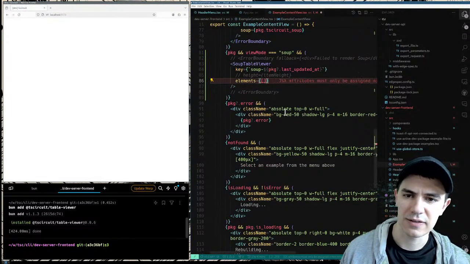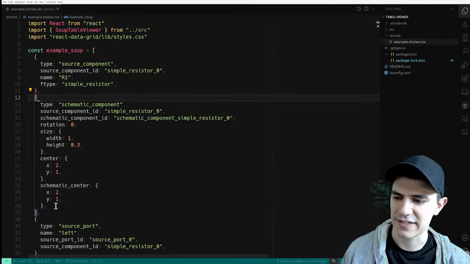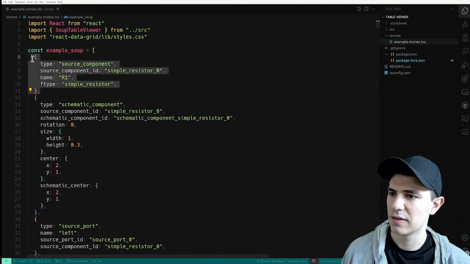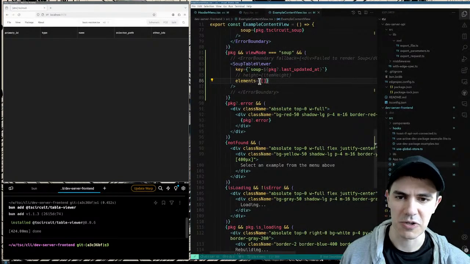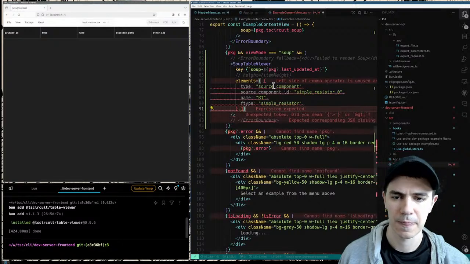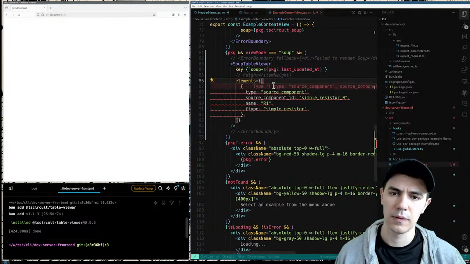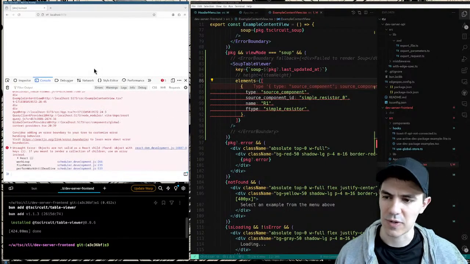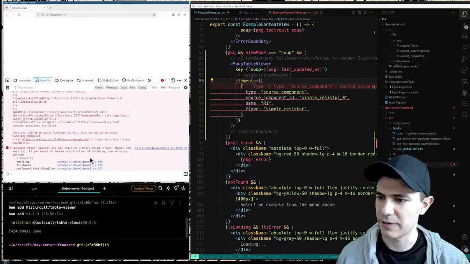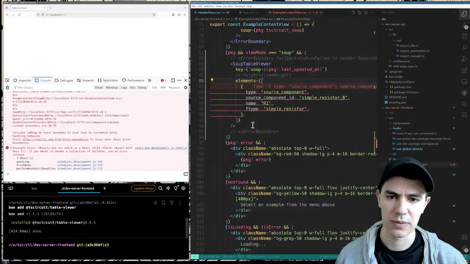I think if you give it any element, it'll fail because of some kind of React compatibility issue or something. We could try putting in just one element. Sorry, I keep going to the wrong workspace. All right. Yeah, even with one element, it doesn't render. As soon as you give it an element, it's gonna fail. And I think it's this thing: Objects are not valid as React child. So